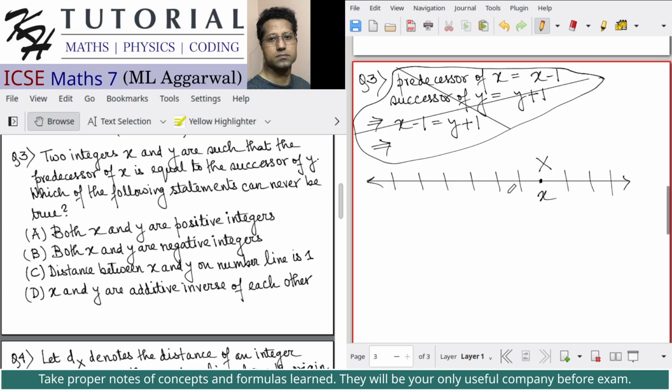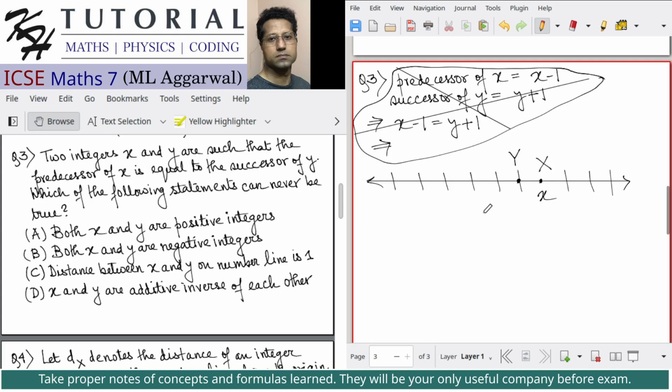The predecessor of x will be this. Let's say this point is y, and there are two integers x and y such that